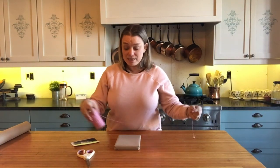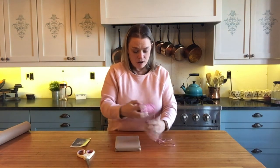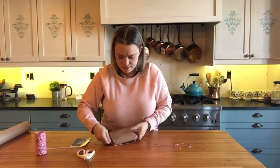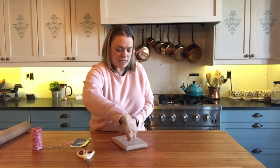So my present is wrapped, and now there's a few ways you could do this. You could just add your photo and essentially just tape it on, which would be one idea. And again, that's very simple, very, very effective in terms of creating a nice gift or a nice piece that would go on the table. I'm actually going to put some twine on mine, and again, the possibilities are endless. You could put a ribbon, you could put whatever color, shape, style you like, but I'm really trying to stick to this kind of